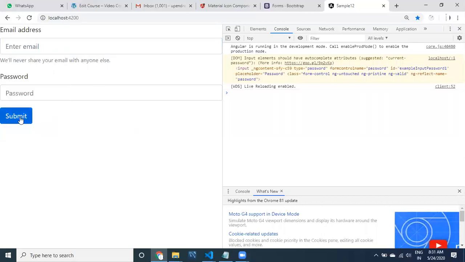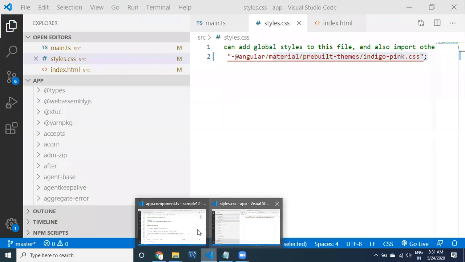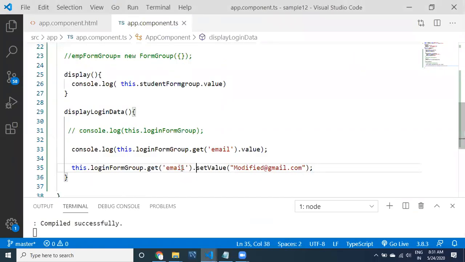See here, guys, let's look at it. As soon as I click on this, initially it is displaying nothing, and then it provides modified. So where are we setting this value? Inside the control method. See here, we are getting the control object from the login form. After getting the control object, we are using a method called setValue. Using setValue, you have provided this information, and automatically it got set into this one. This way you can take controls.